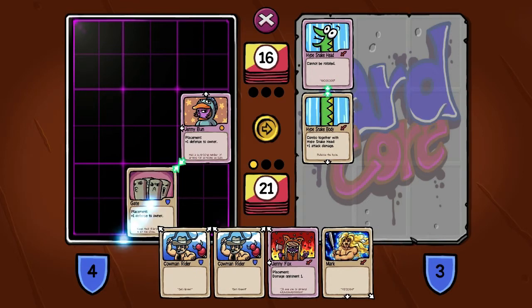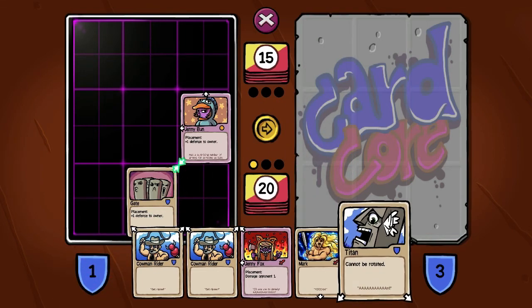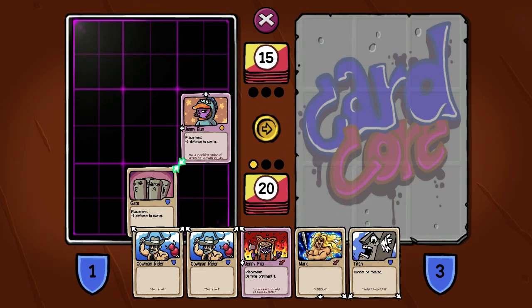I'm going to place Gate, because he's going to hit me hard at the end of the next combo. Yep. And then what we need is, we need something that points...